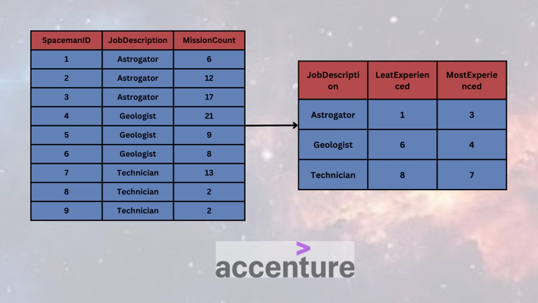Today we are going to solve another interesting SQL question. This time we have a table called Spacemen with three columns: Spaceman ID, job description and mission count. For each and every job description you have some Spaceman ID and some mission count. Based on this data you need to create three columns. For each job description you need to retrieve the least experienced Spaceman ID and the most experienced Spaceman